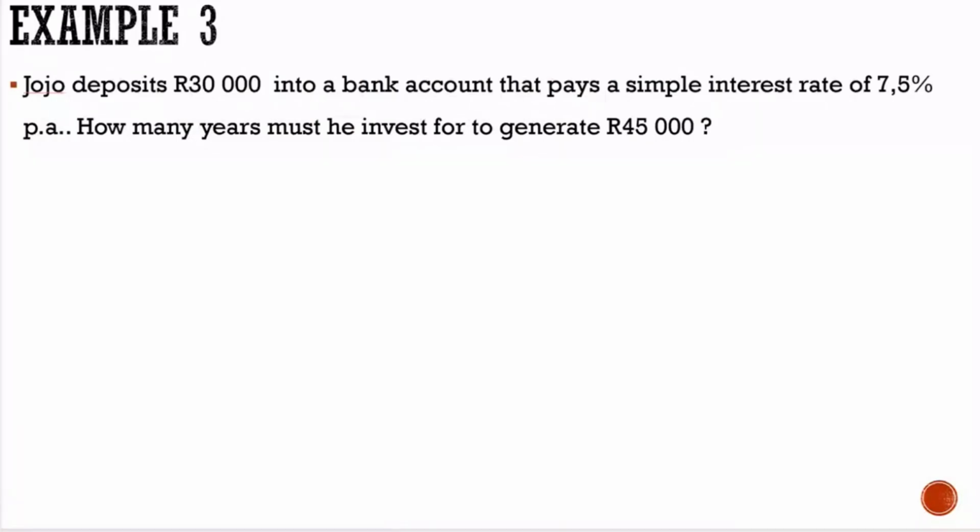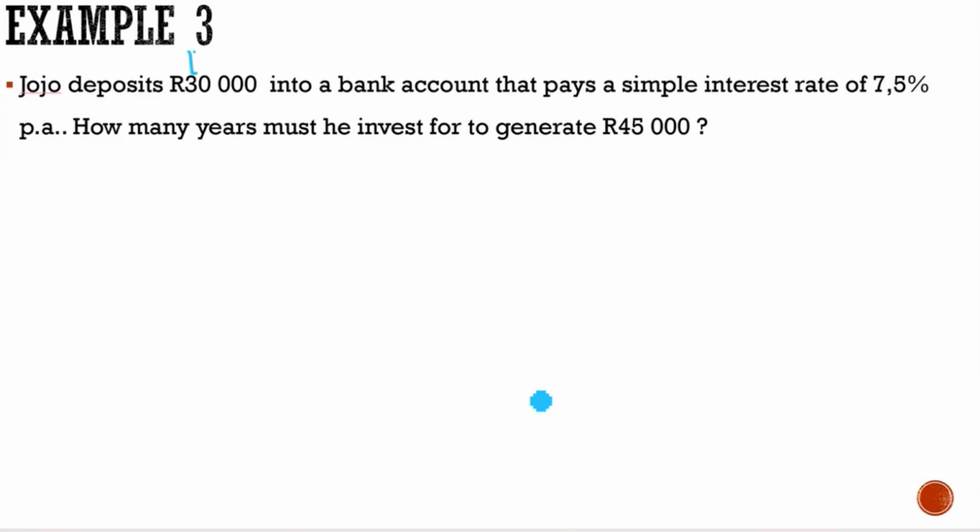Let us look at another example. Here is Jojo. This person deposits. Read the text. You know, English can be problematic. We are also struggling with it, even ourselves. So just read that context. Jojo deposits, that is modern graded English. Deposits, that's present tense. So that means your P is equal to 30,000. This is what he's doing now. He deposits 30,000 into a bank account that pays a simple interest rate. So you are given a rate of